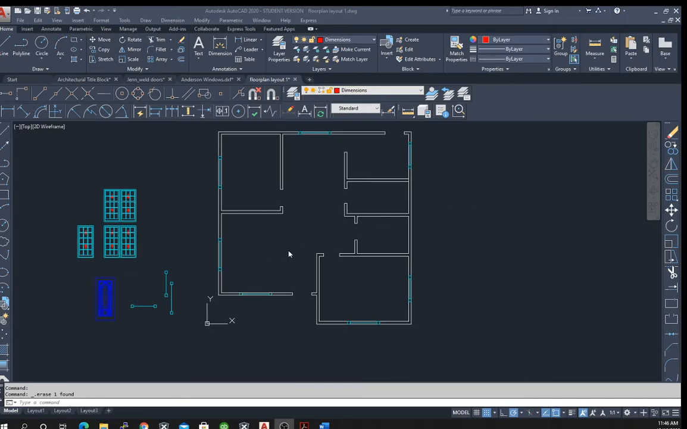Okay, so continuing on with this floor plan, I am not going to make a video showing the completion of the dimensions. Adding the dimensions is very simple. As I said, you do need to be sure that you've set up your dimension style